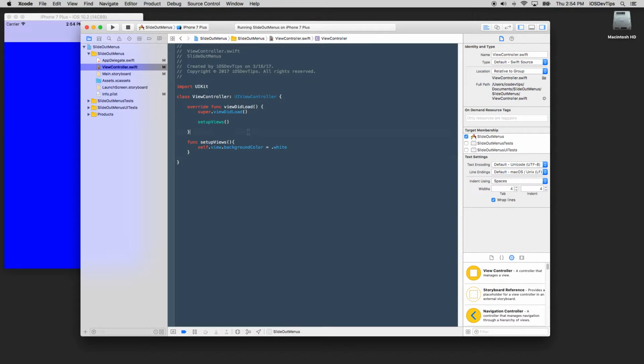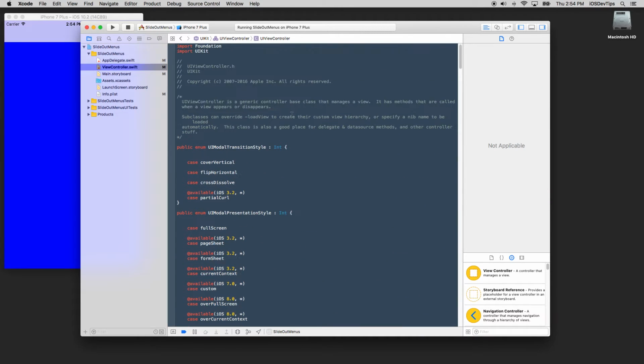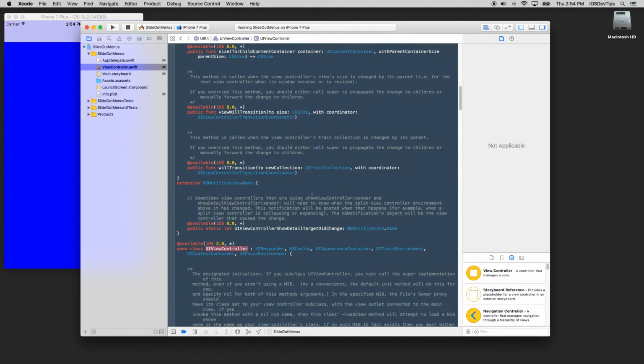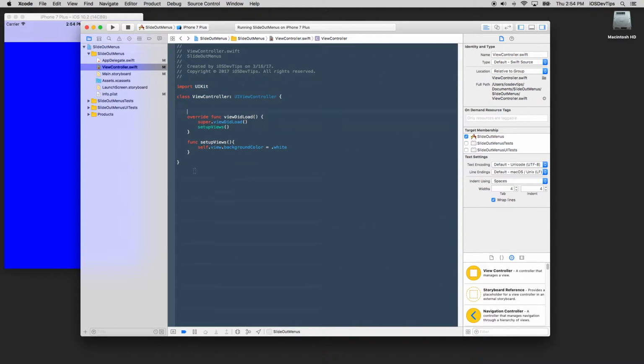All right, so one thing we want to note is that the actual sliding menu bar that slides over is just a view. So we can embed a table view inside of our view. We can do so many different things because almost all classes in iOS inherit from a view at their base. UIViewController inherits from a view, and this object is a view. So you'll see if you drill down into these things, most of the time every class, like a UITableViewController, if you drill down all the way to the bottom of all of its parent classes, they're usually